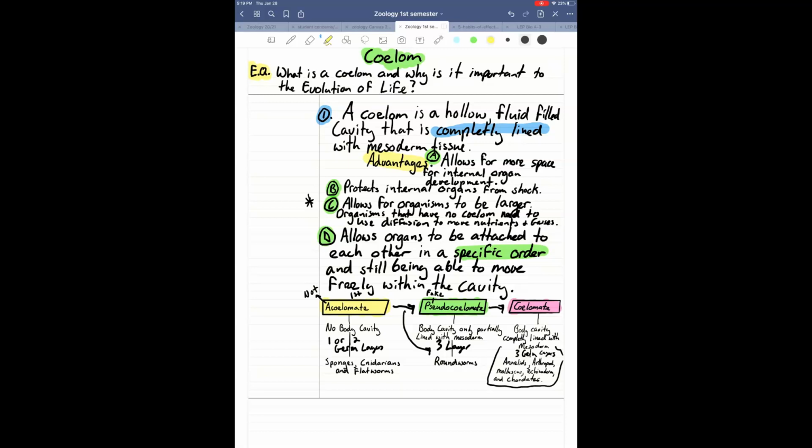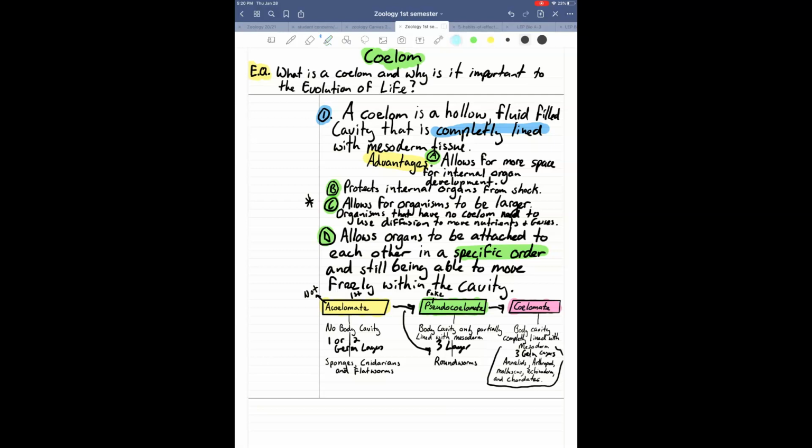We need to know a little bit about what they do. And one of the main things that they help form that helps allow for more complex development of organisms is something called the coelom. Okay, spelled C-O-E-L-O-M. Coelom. Now, as you're listening to this and as you're taking your notes, be thinking about our essential question,